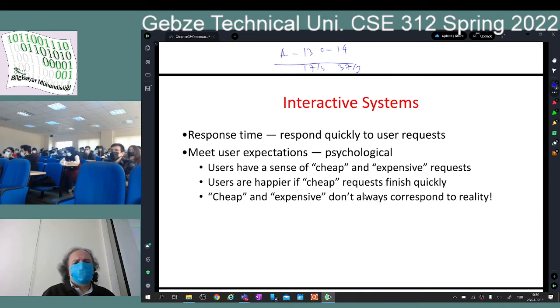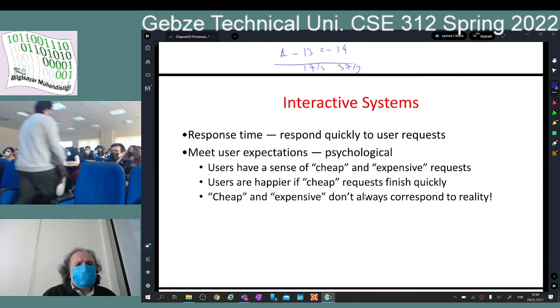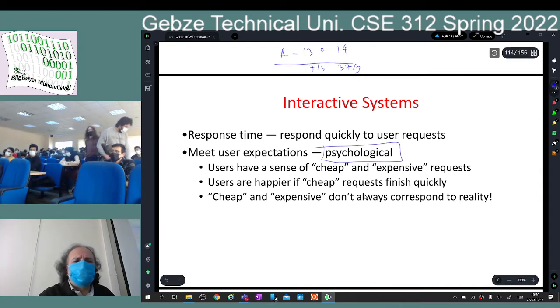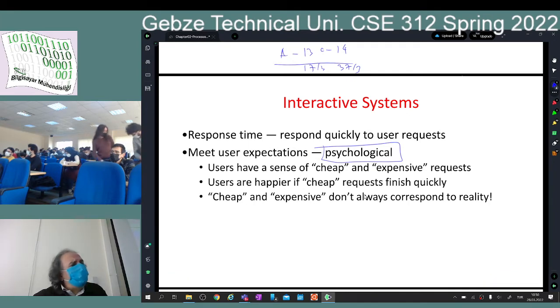What do I mean by quickly responding to user requests? That's where human psychology comes into play. Humans behave very differently. They are very different creatures than the computers. They have a sense of cheap and expensive requests. For example, mouse click. When you say that